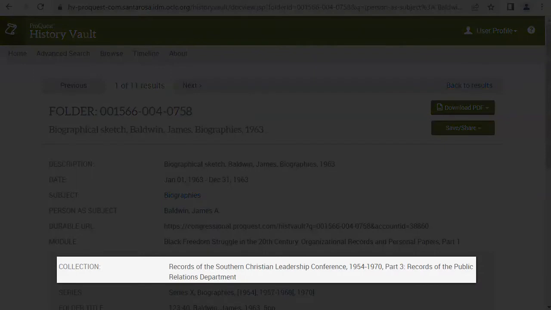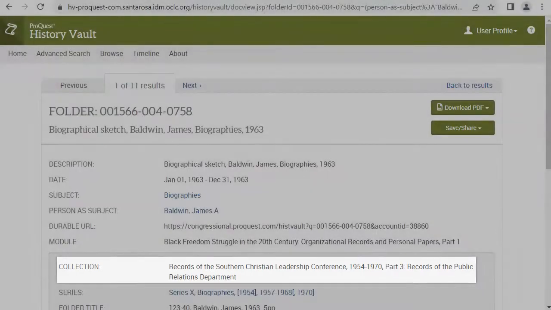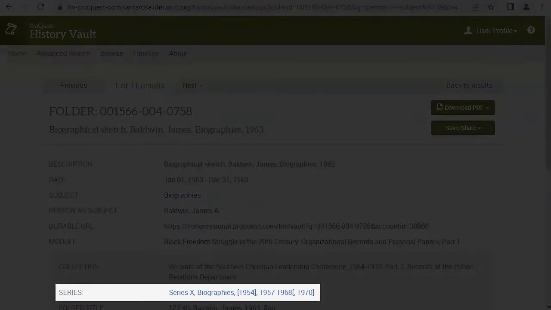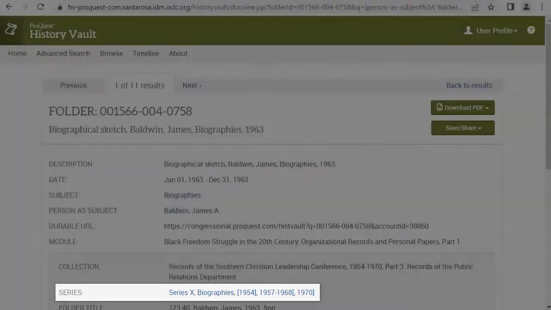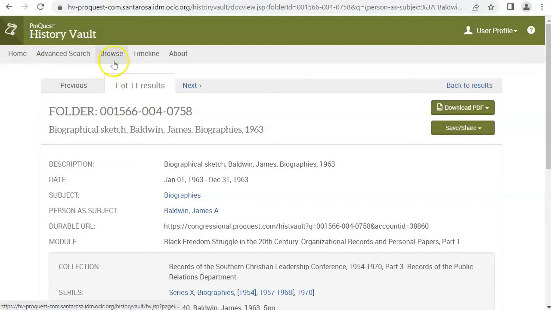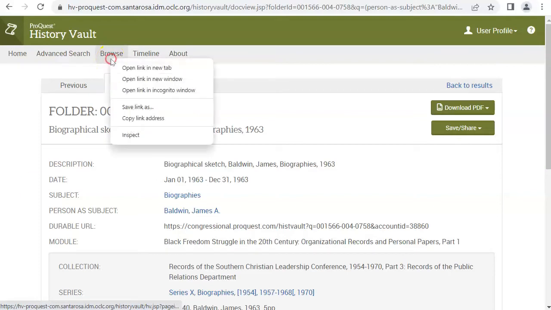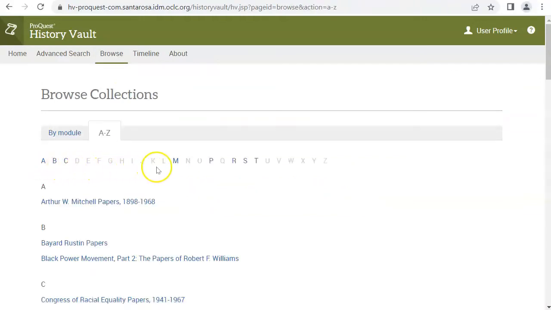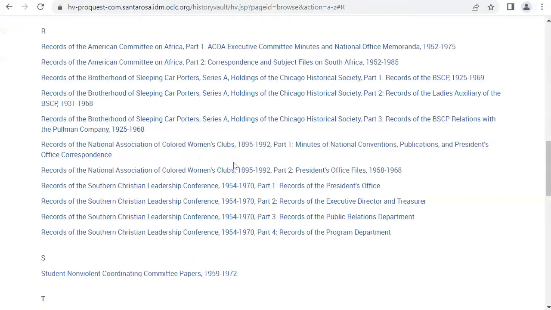I am looking for this collection, Records of the Southern Christian Leadership Conference, 1954 to 1970, Part 3, Records of the Public Relations Department. Phew, that seems long, but I promise it'll be easy to find. And specifically, this series in the collection, Series 10, Biographies. Remember, we go to the Browse tab in the main menu to find information about specific collections. Quick tip, I'm going to open this page in a new tab. I click the alphabetical A to Z list. I locate and select Records of the Southern Christian Leadership Conference, 1954 to 1970, Part 3, Records of the Public